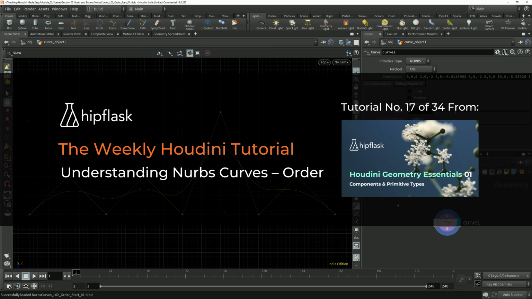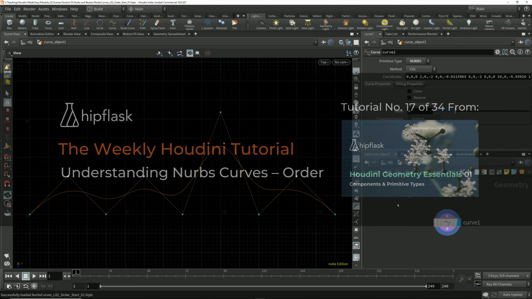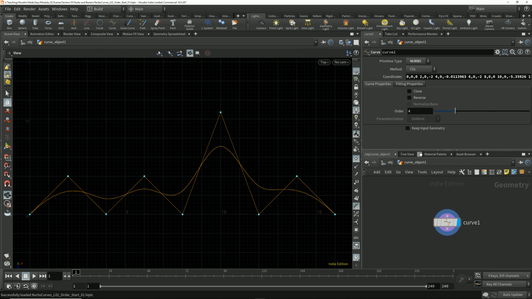In this lesson, we're going to focus on what's called the order of a Nurbs curve. If we take a look at the parameters for this curve node, we see that we have this parameter for order, and the default value is for an order of 4. When we're working with curve order, we're controlling what's also known as the degree of a curve, but using a